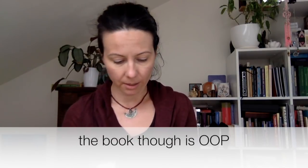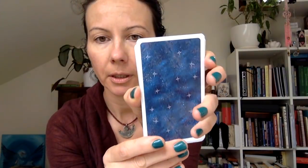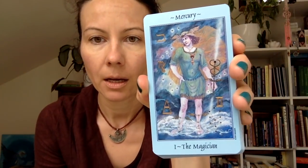I think the deck is available wherever you want to get it. Mine doesn't have a little white book here, so I'm not sure what edition that is. It says 2004, 2007 US Games, so maybe it's from then. It's made in Italy, so I'm not totally sure if this looks exactly the same as the new one, but it's got the white bordered backs, and here it's got those blue borders. And the artwork is by Kay